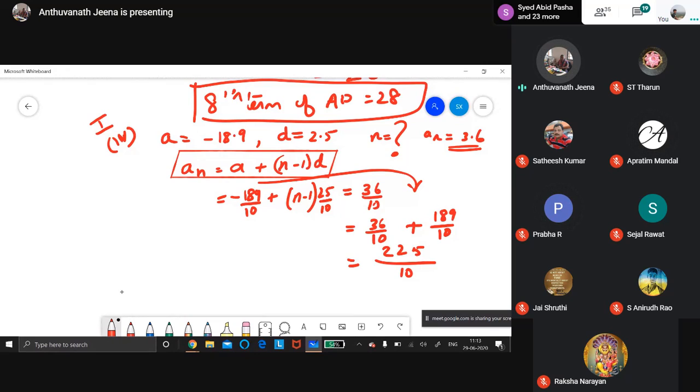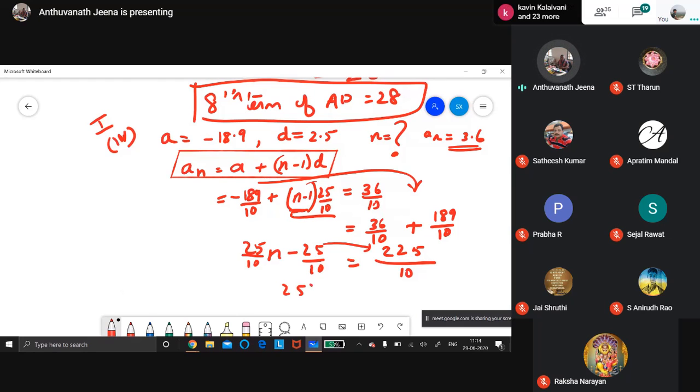Here this N minus 1 should be multiplied with both the numbers. 25 by 10 N minus 25 by 10 you will get. This binomial into that number. So be careful. Whenever a binomial is there, multiplication should be with the bracket. If you don't put the bracket, you will go wrong treating the binomial as a monomial. You will not multiply with both the numbers. So this you have brought to that side. Now you bring this side.